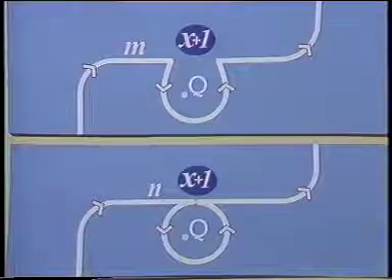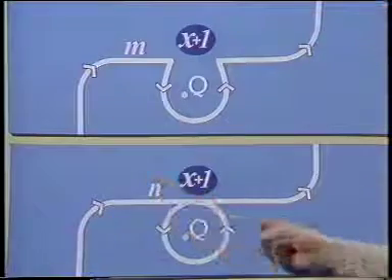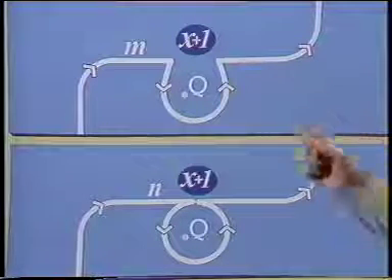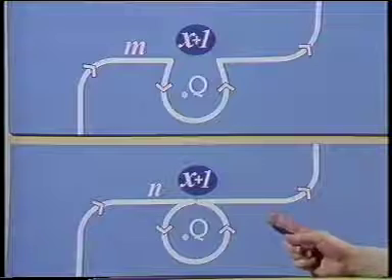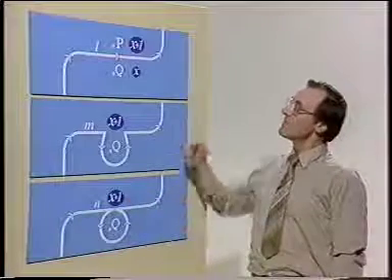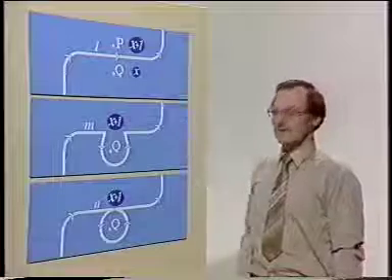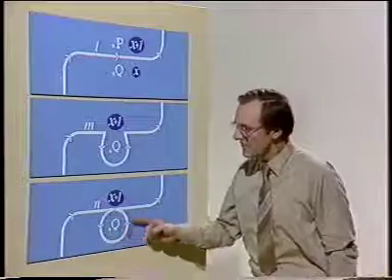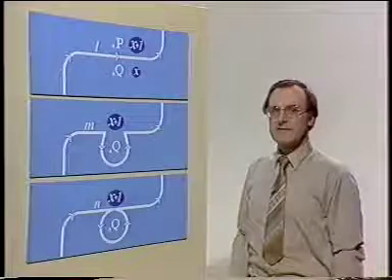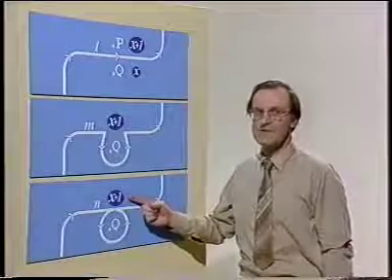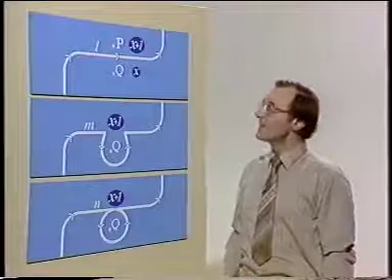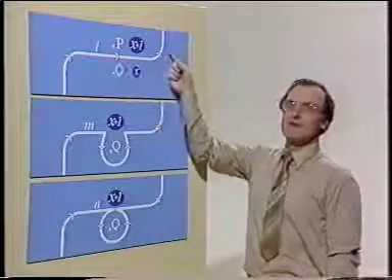The winding number of this new loop N is the same as that of M because they're homotopic. So we just need to prove that this new loop has winding number x plus 1. Well, compare N with L. They're identical, except that N makes one more positive circuit round Q than L does. So N certainly has winding number x plus 1. And that does it. We've proved that if you cross a loop traced once from left to right, the winding